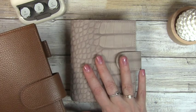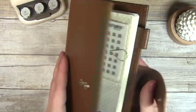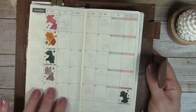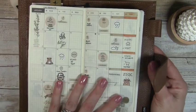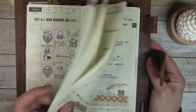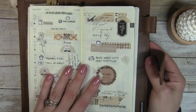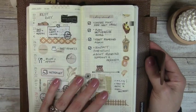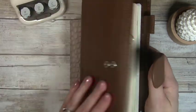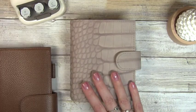Now, one question I do get is, where are your weeklies? My weeklies are in my Hobonichi. I keep them separate. Here are some ink swatches I've been doing for my new fountain pens, but I do keep monthlies in here. And my weeklies are in here. I do this for a few reasons. First, it provides me more space to be able to write, and I really like that. And the other reason is because in the past, when I was doing my weeklies inside of my planner,